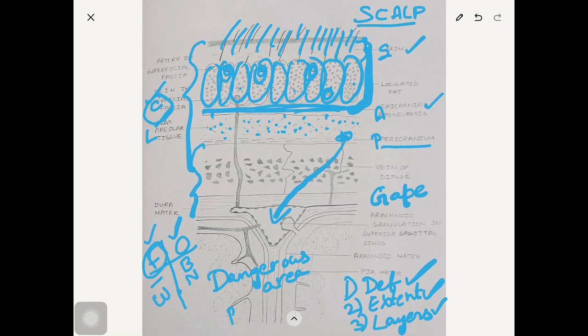Another important clinical importance of this layer is black eye. What is black eye? When there is a blow to the skull and bleeding in this layer, the blood in this space slowly gravitates into the upper eyelids. So after a few days, blood appears in the upper eyelids as black. Why? Because the frontalis is not having bony attachment. Now the scalp is continuous with the upper eyelid. So that's the reason for the black eye.